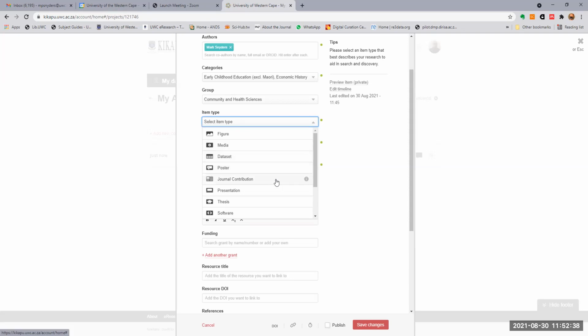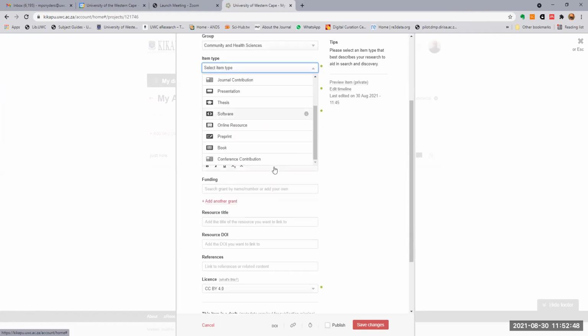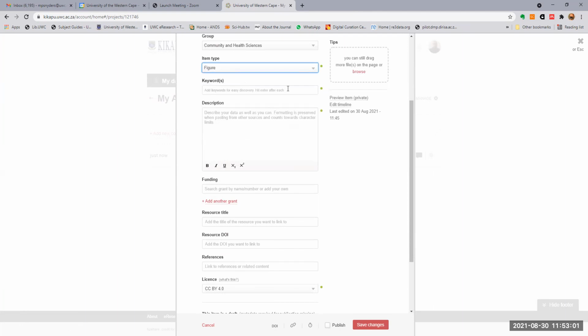We have journal contribution, which may be an abstract or a normal manuscript. It could be the actual journal article itself. We have presentations, we have theses, we also have software. As far as the item types are concerned, this is a clear indication of the different types of documents that can be uploaded. So what we're going to have a look at here is figure,